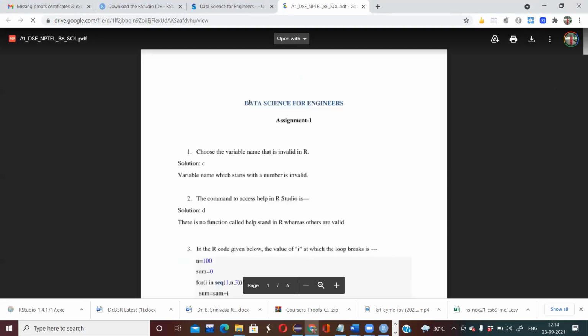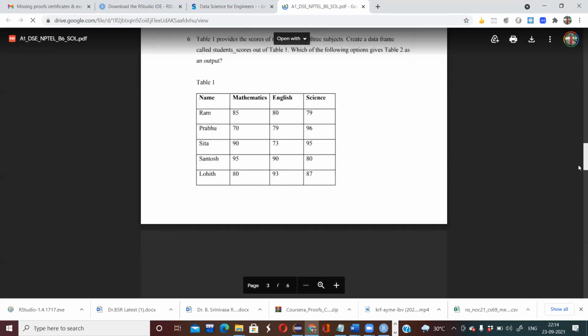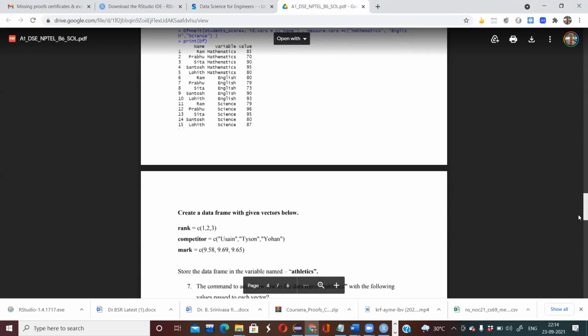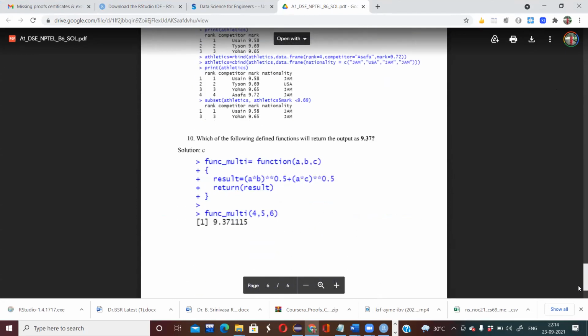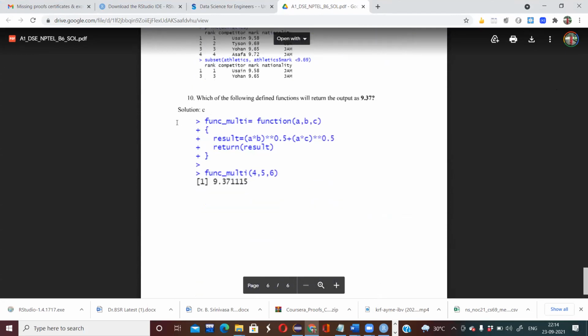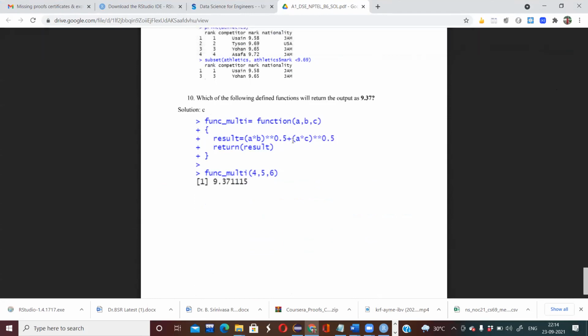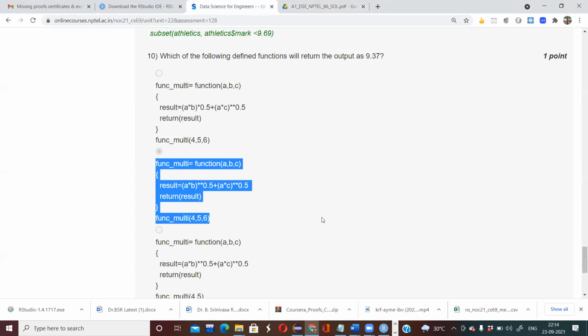You can even check the solutions in week 1. So without RStudio, I explained how you can solve all the problems, guys. That's how you can expect some of the questions to be present. This will be your option. It should not be C, I think. Let's see the options given here.